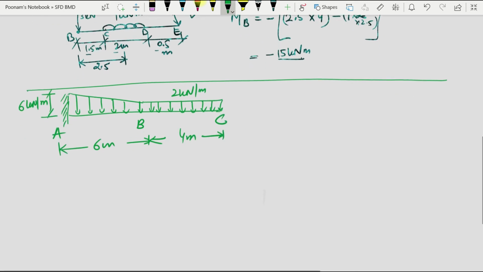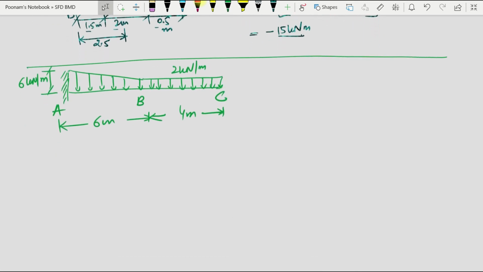These are the various values. Let us find out the support reaction first of all. So using the equation of equilibrium, the reactions will be VA and MA. So taking VA upward as positive, so it will be minus